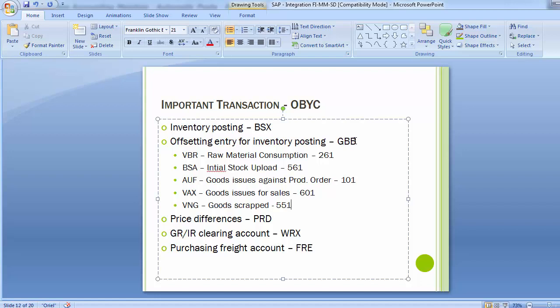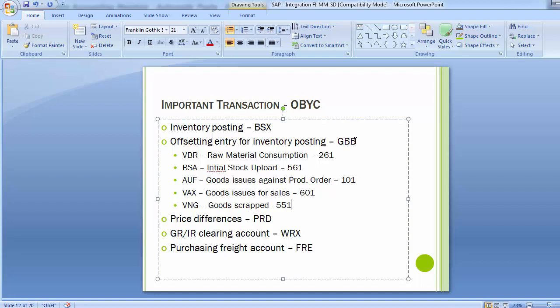The next transaction over here now is PRD, that is price difference. So the price difference arises for materials valuated at a standard price in case of all the movements and invoices with a value that differ from the standard price. Now, before moving up to PRD, let's discuss a few things more. Every material master is maintained with a price. What will be the price per quantity for that particular material? And the material master has been assigned the price depending upon whether the standard price has to be maintained or the moving average price has to be maintained.